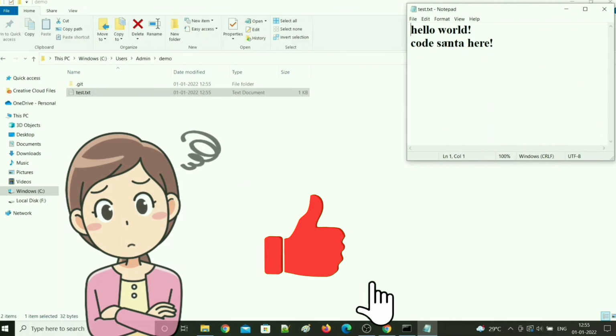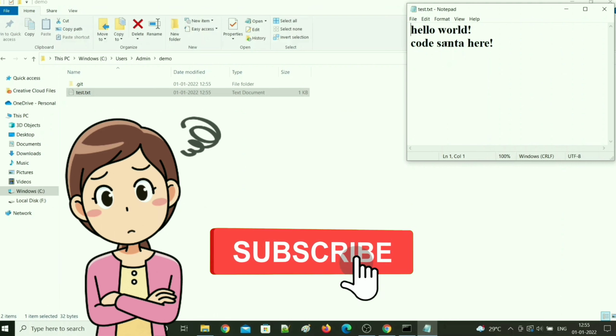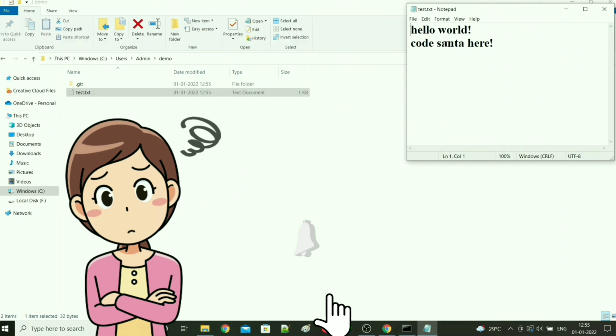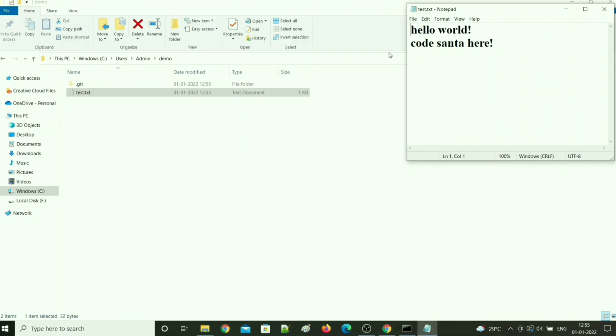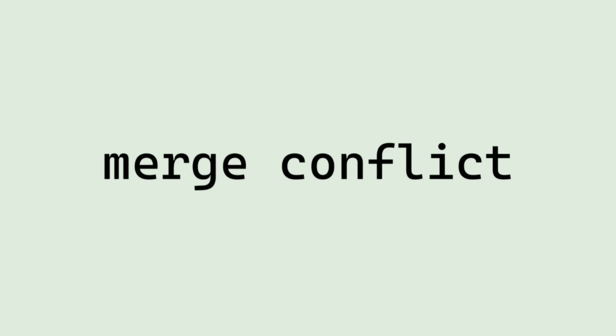Okay, now what if you have already committed the changes in your local machine and one of your team members changes the same line you have made changes to and pushes it to the GitHub repository? This time, if you use git pull, a situation called merge conflict arises. Since you both have changed the same line, Git is confused between the two changes. Let's see this in action.